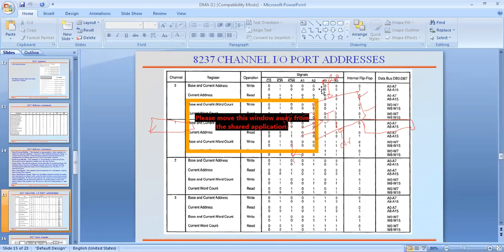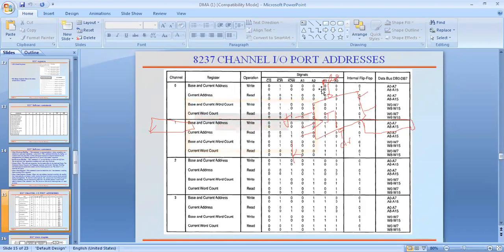Here data transfer happens between external IO and memory. That is why here we use control signals: memory read and memory write with chip select, and for IO devices, IO read and IO write along with chip select.